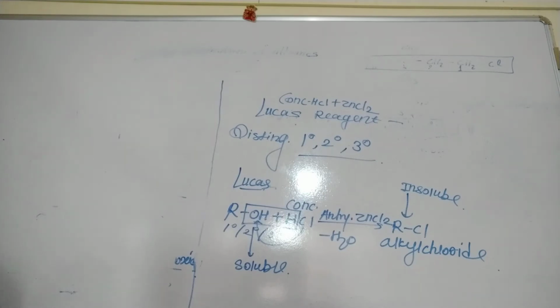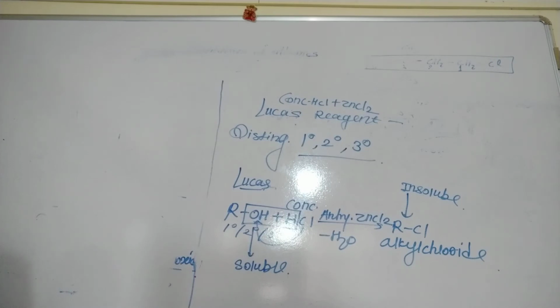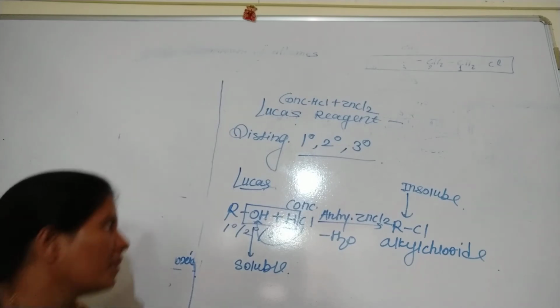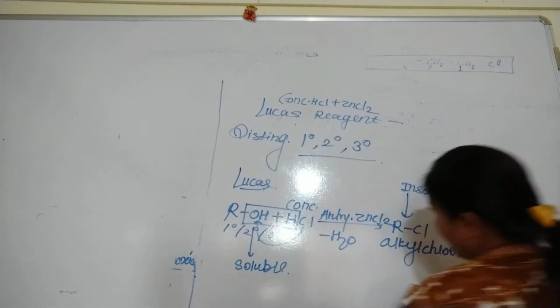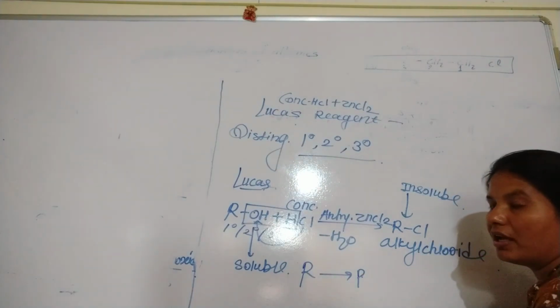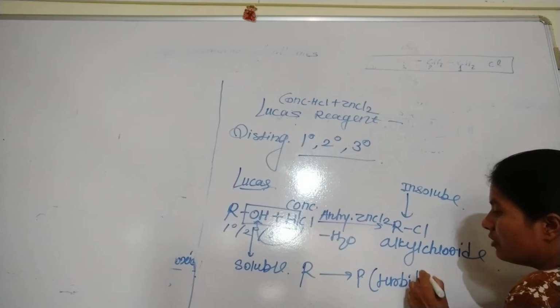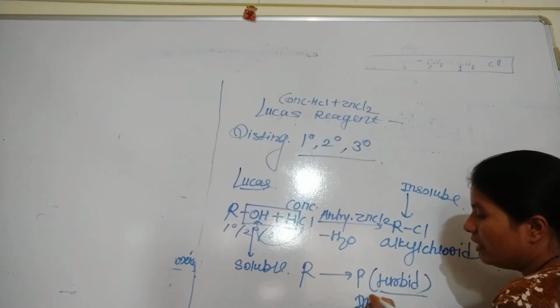So when the reactant gets converted into product, after some time your solution becomes turbid. You must remember what I am saying. When the conversion of reactant into product starts, at that time your solution becomes turbid because your product is insoluble